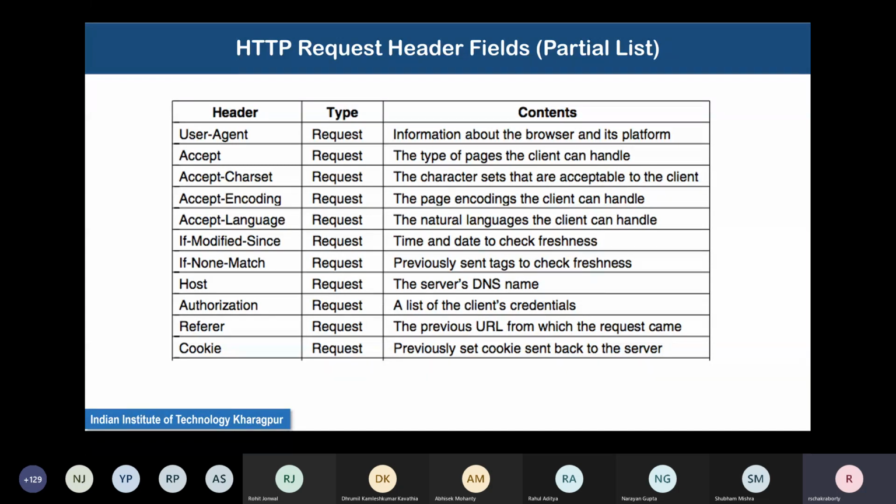It's basically telling the server, I already have a copy of the web page corresponding to that URL. Now, you send me the web page if it has been modified since this time, because the copy I have was retrieved at this time.